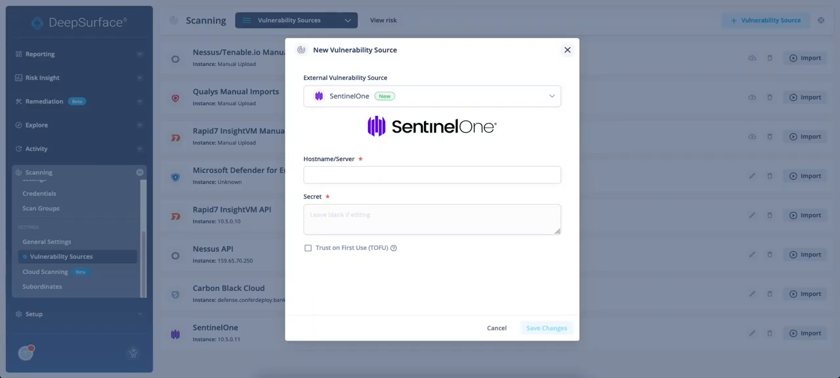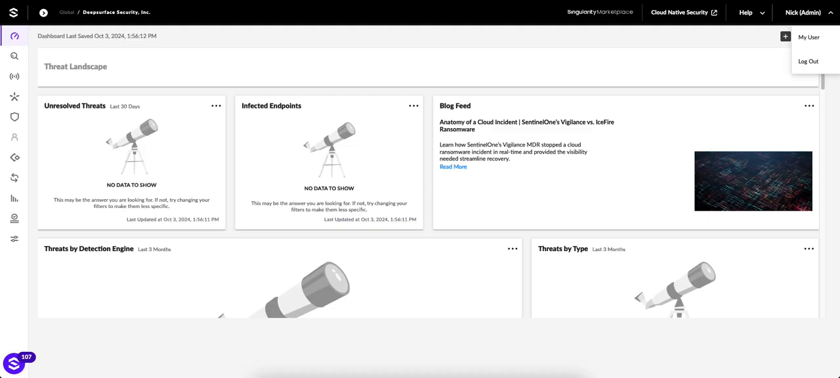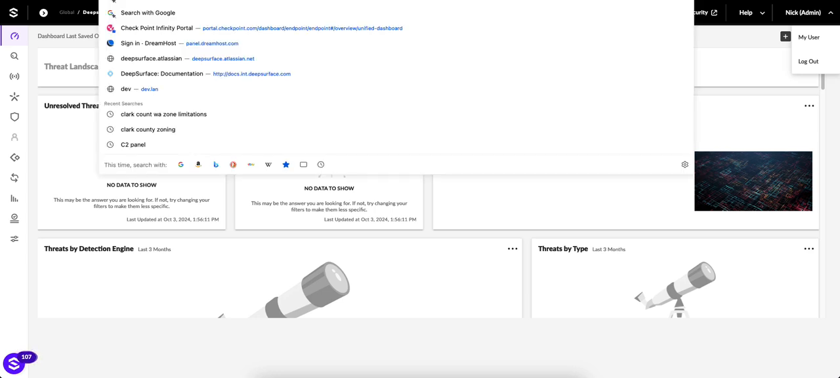It's easy to integrate SentinelOne vulnerability data into the Deep Surface console. It just takes a couple of simple steps. First, go to your SentinelOne Cloud dashboard and get the host name of the SentinelOne instance that your particular platform